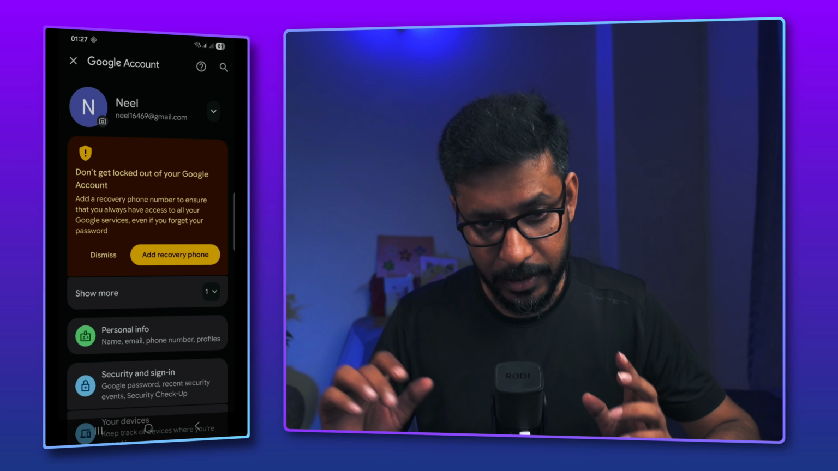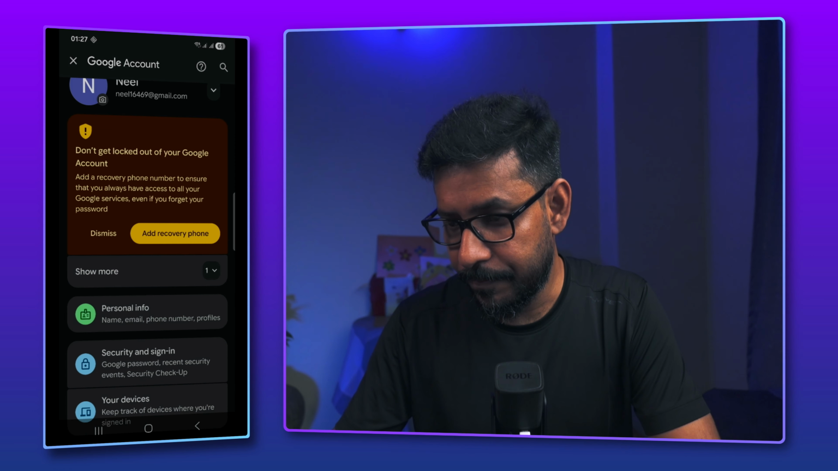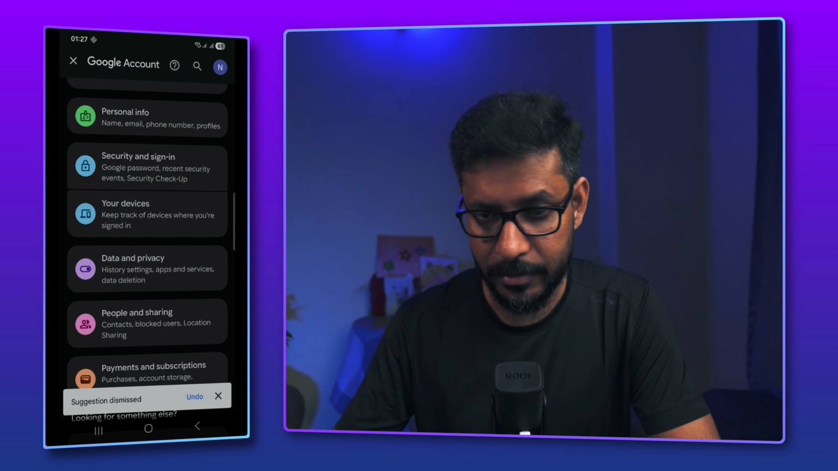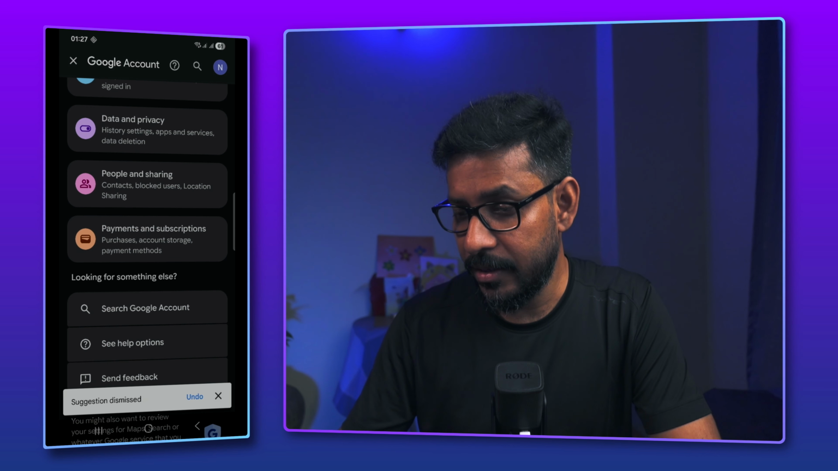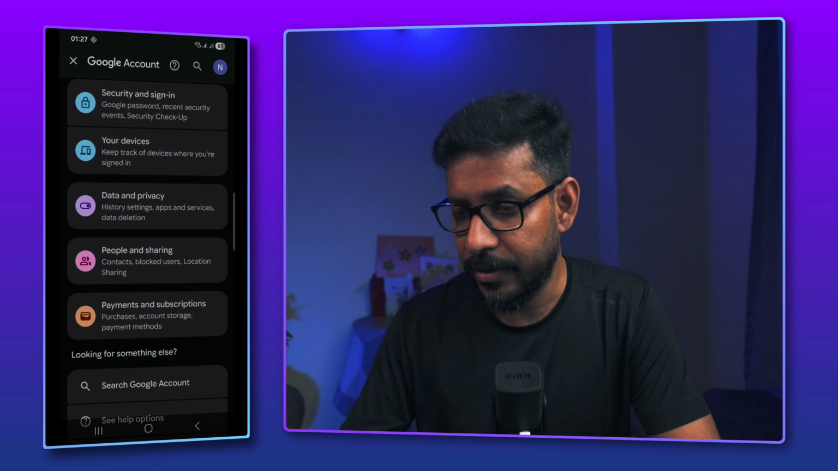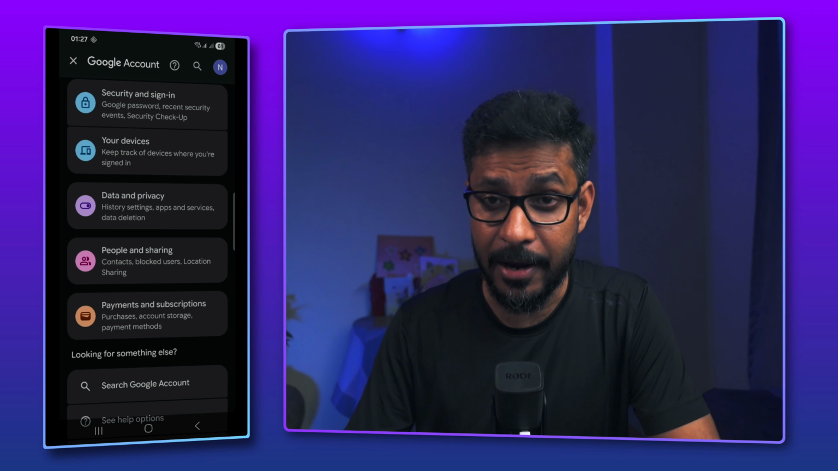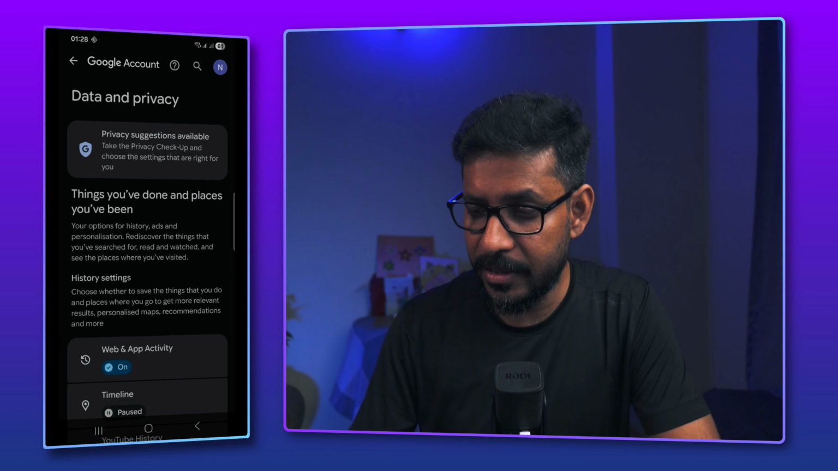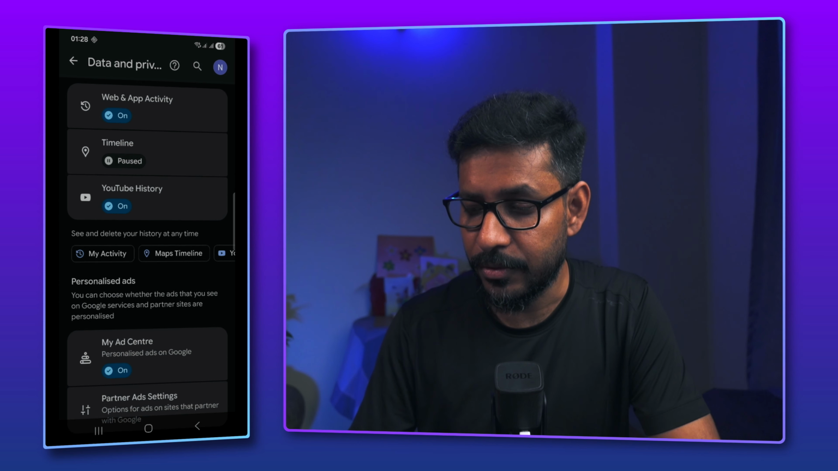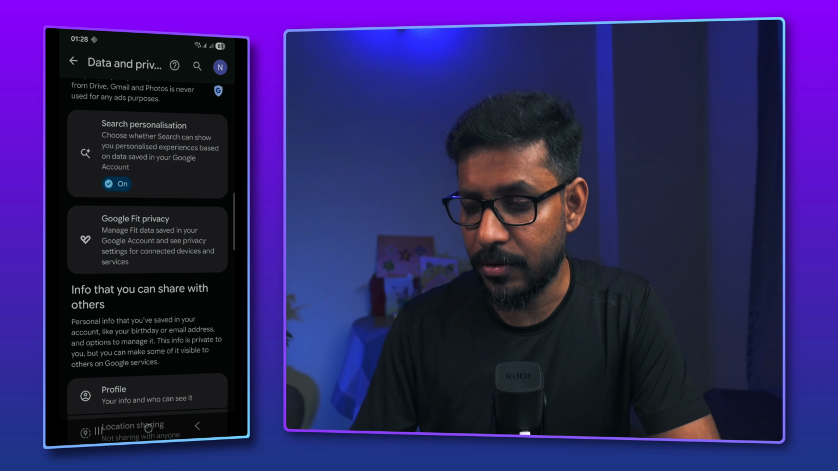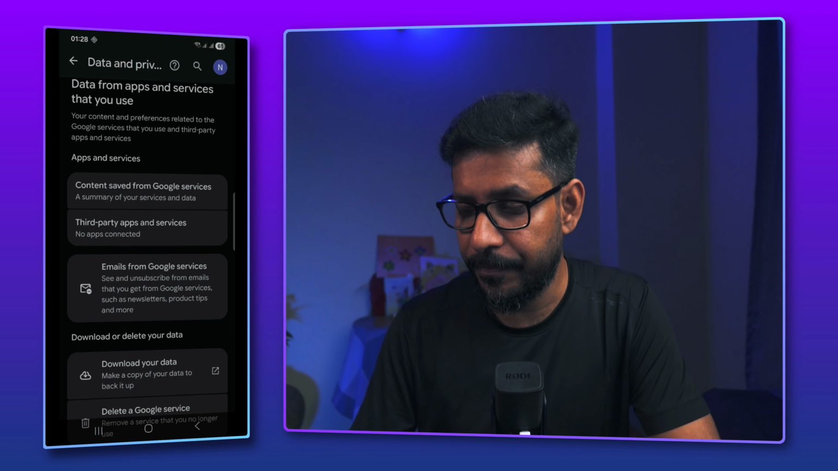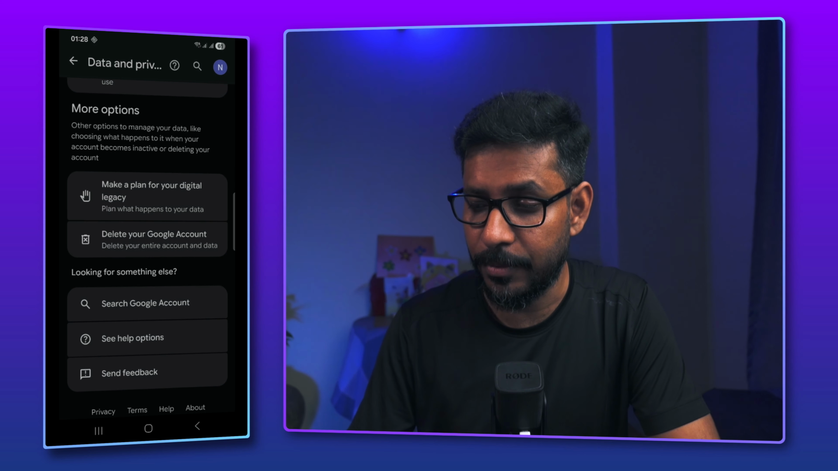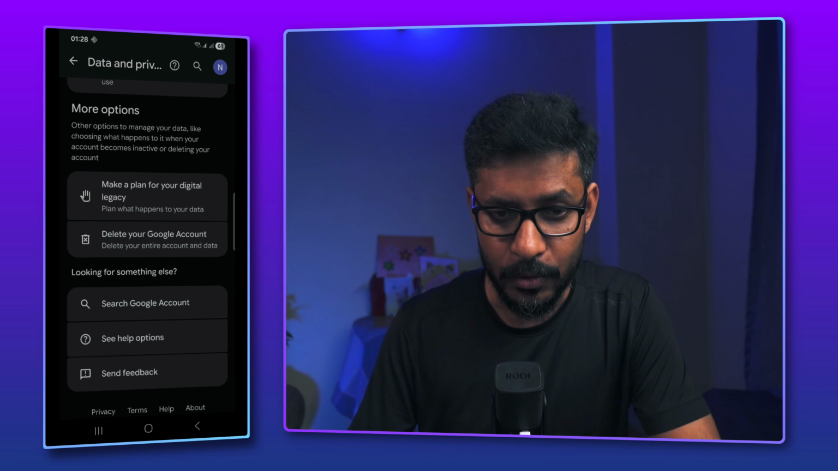You will be provided with some options. So in these options, what you need to do, you need to go to data and privacy. Once you tap on data and privacy, you get a lot of other options. So you scroll down, and at last, under more options, you have this option called delete your Google